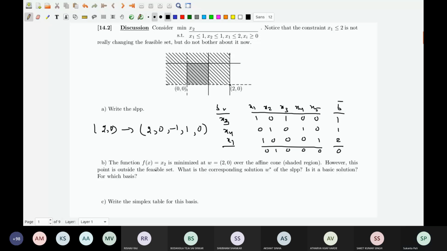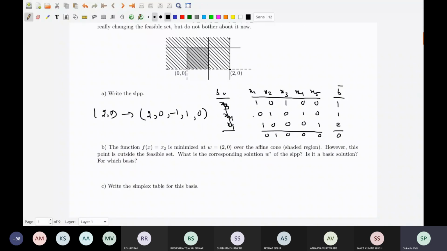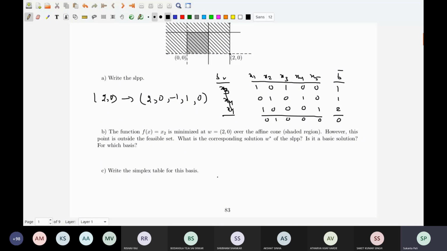Okay, so right now do not write this. This is my SLPP anyway. I am going to write that same table, the simplex table. So the simplex table is BV, x3, x4, x1, and then x1 x2 x3 x4 x5 b bar,